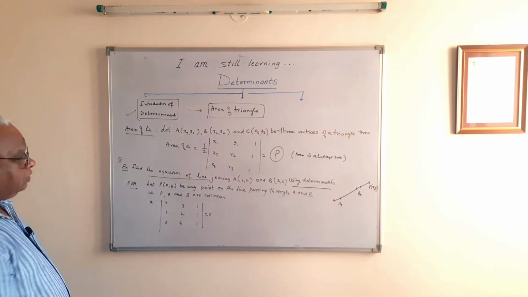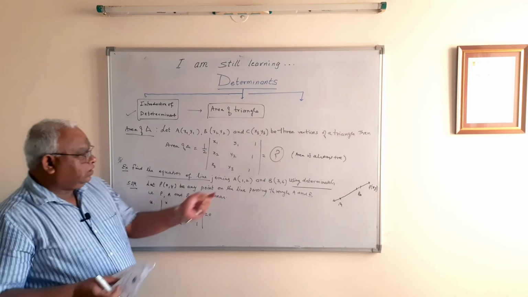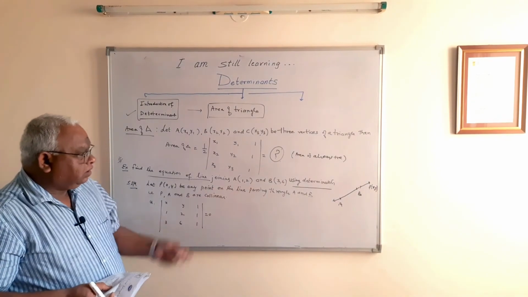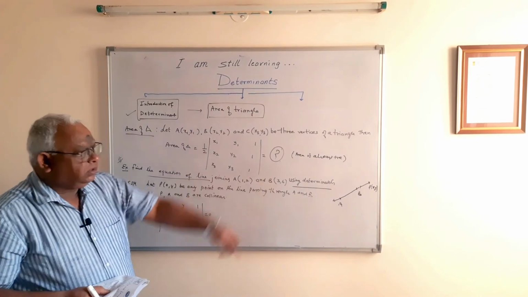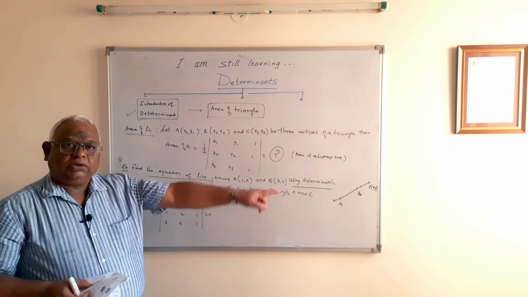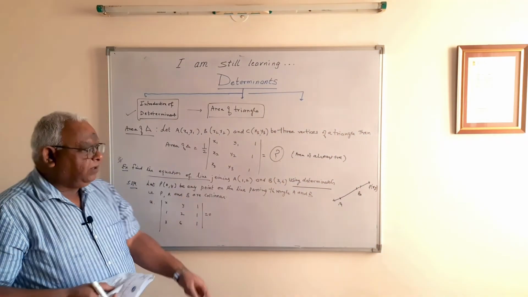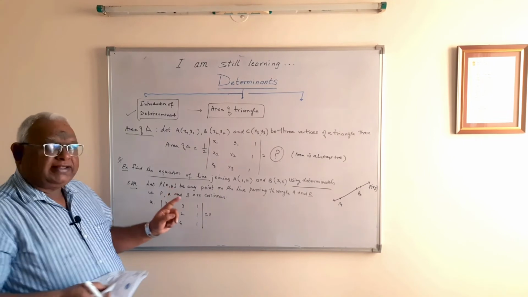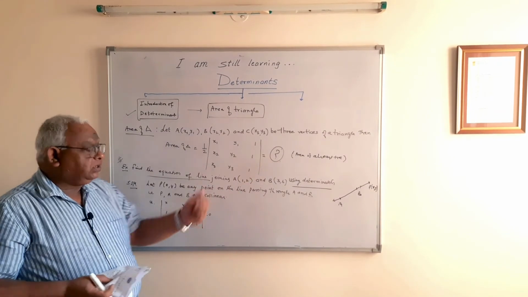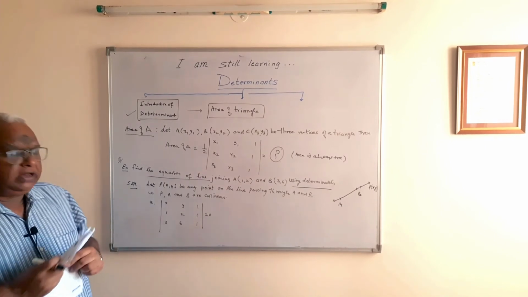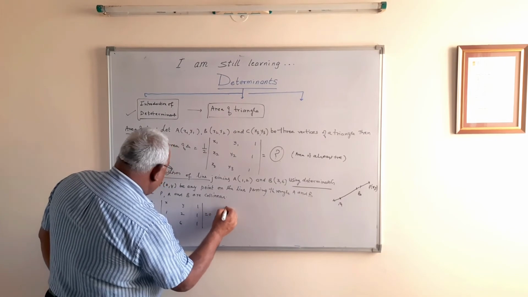This is the meaning. See, I have already given you every logic. I have explained you each and every logic here. What is the meaning of equation of a line? Equation of a line means that you need to find the locus of that point P(x, y) which passes through A and B. So that coordinate is going to be x comma y. Then since all the points are collinear, you have to use this concept of determinant, and let us expand it to see what is the answer.